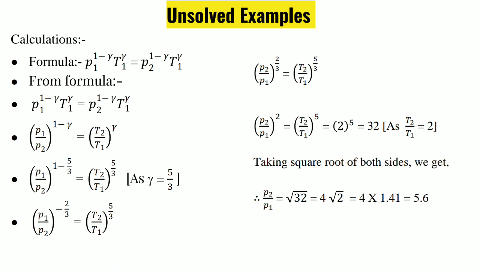Okay, I am explaining this sum again. You will see that formula P1 1 minus gamma, और यहाँ पे P2 भी 1 minus gamma है, तो दोनों को साथ में ले सकते हैं. We can take P2 in the denominator. P2 को डिनोमिनेटर में ले लिया. So what we have got, P1/P2 1 minus gamma. और वैसे यहाँ पे टेम्परेचर T1 is there and T2 is over here. So temperature T1 is taken in the denominator. So what we are writing, T2/T1 raised to gamma.